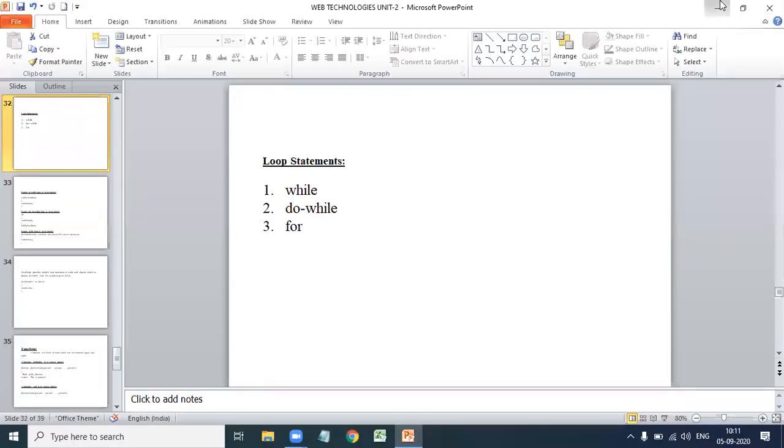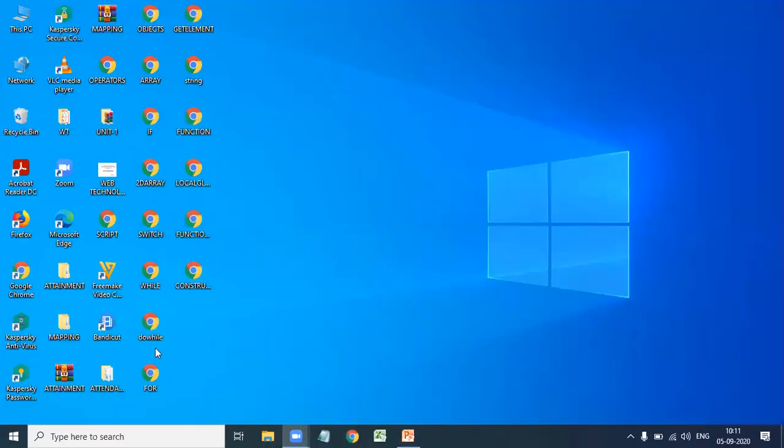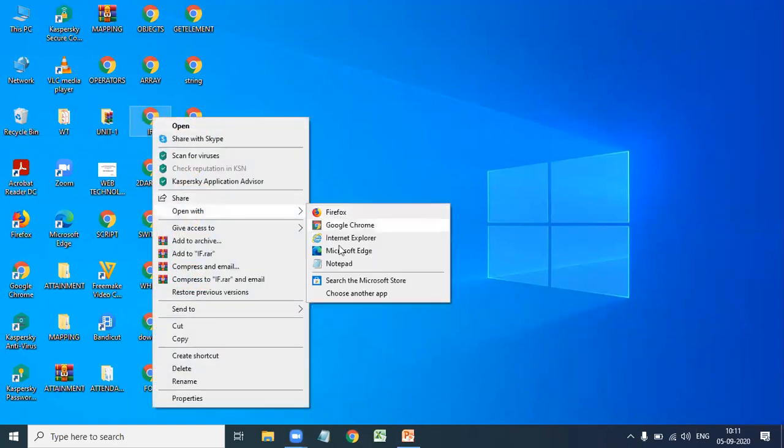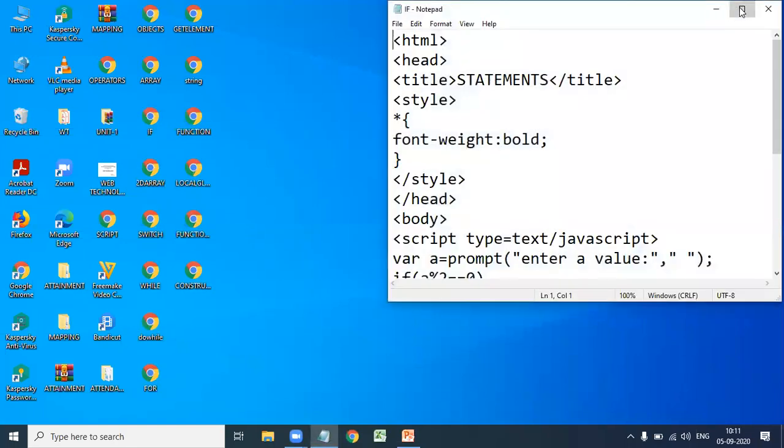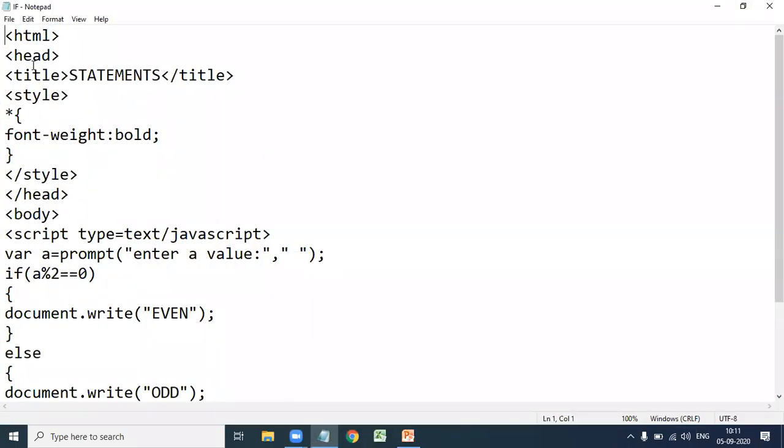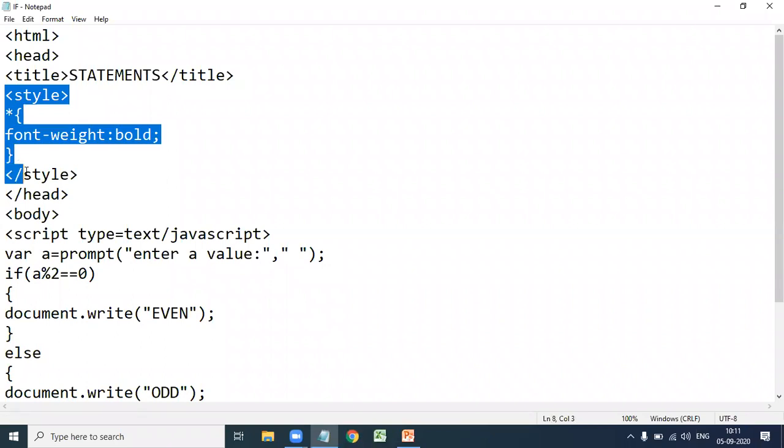Let us execute sample programs of loop statements. First we see the if example. This is an example program for the if statement. As usual, the title of the web page is statements, and we apply the style font weight bold to all the elements using the HTML universal selector.